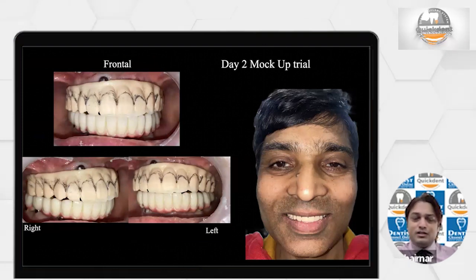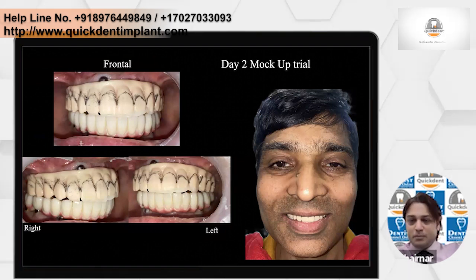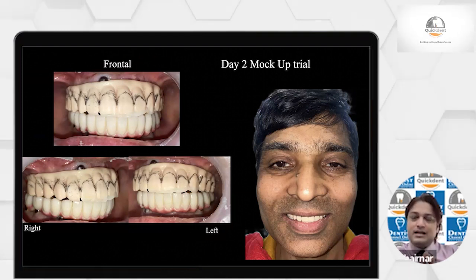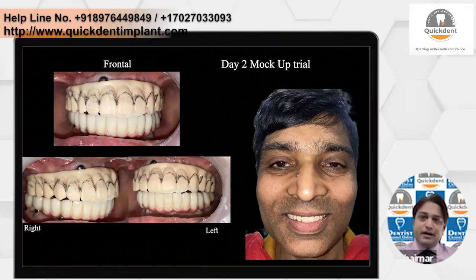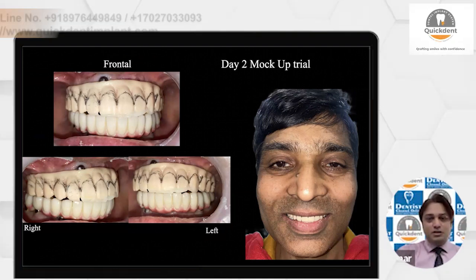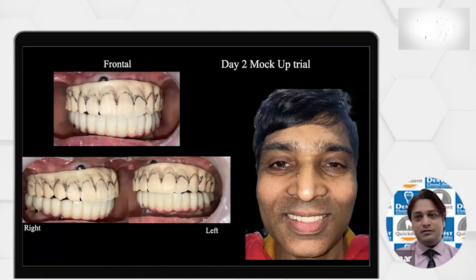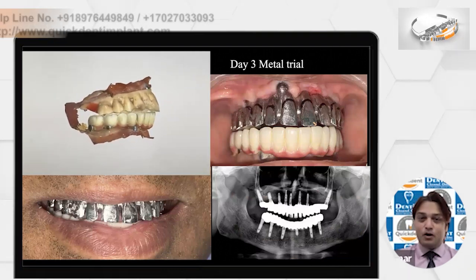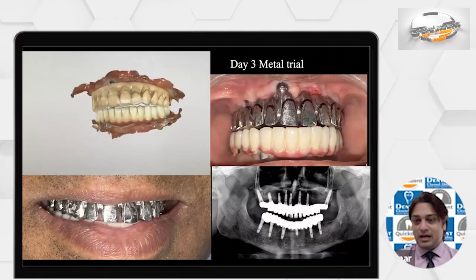And next day, what we got is the teeth trial, because what he had was a pre-op scan and post-op implant scan. He merged that, and according to the pre-op scan, he made the new teeth, and that was nothing but the wax print trial. So mock-up trial is there. We checked, as usual, and the incisal height was not appropriate. So we added certain composites and made the mock-up. This mock-up is ready now. We now scan the mock-up and send it to the technician. Technician, according to this particular bite, will make a metal trial.